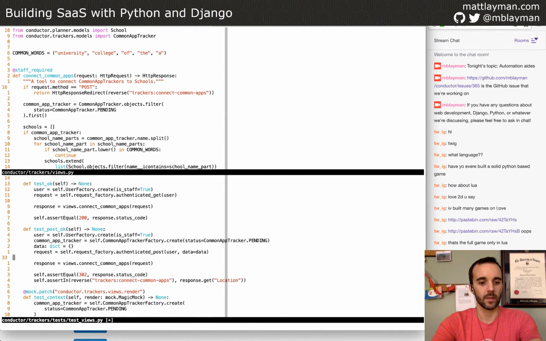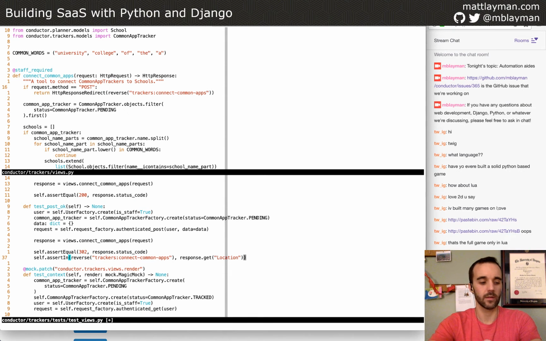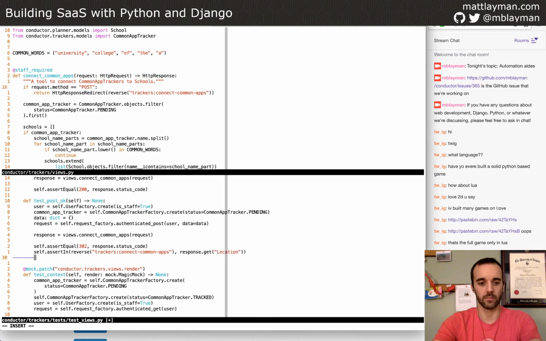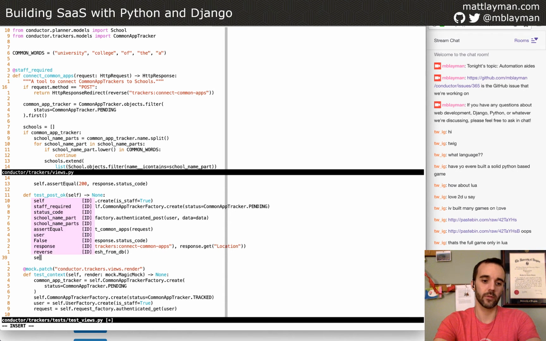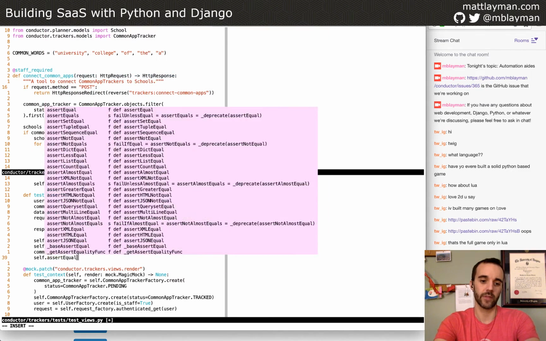Okay. And then when we're done with this on the other side, we want to verify a couple of things. So we're going to take our common app tracker instance, and we're going to call a function called refresh from DB. That's a little Django helper to do a new query on it to pull down the data, because we want stuff to have changed and be able to assert that it has changed on the other side. And so we want to assert that the status is going to be different.